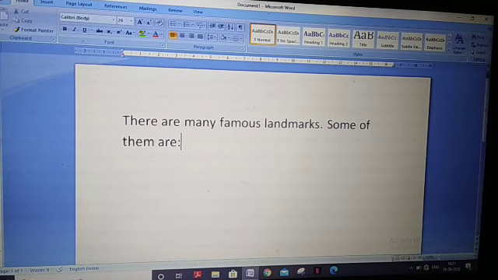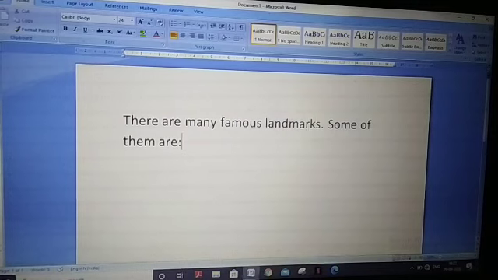Status bar, at the bottom of the window. Here you can see this is status bar. It shows the status of the document: on which page we are typing, how many pages we have typed, how many words have been typed. This type of status we can see through the status bar. And there are 2 scroll bars, vertical and horizontal. 2 scroll bars we use to move the page up and down, left and right. Clear?